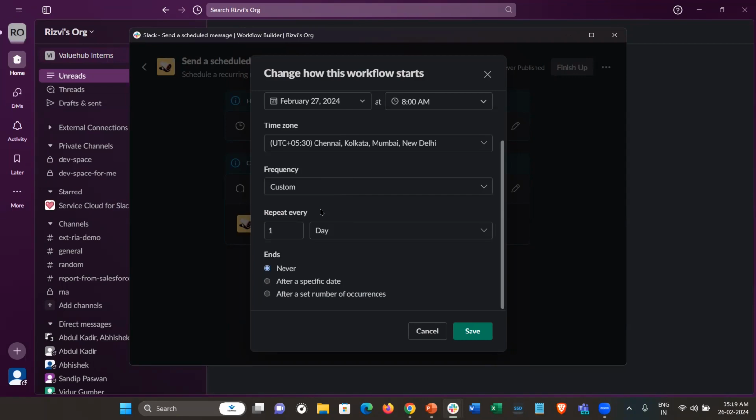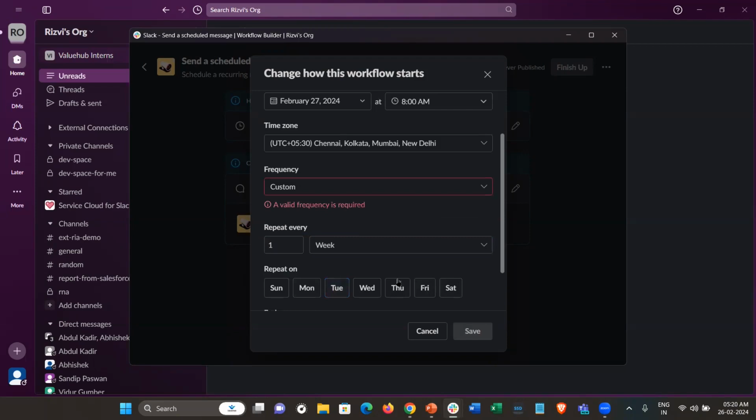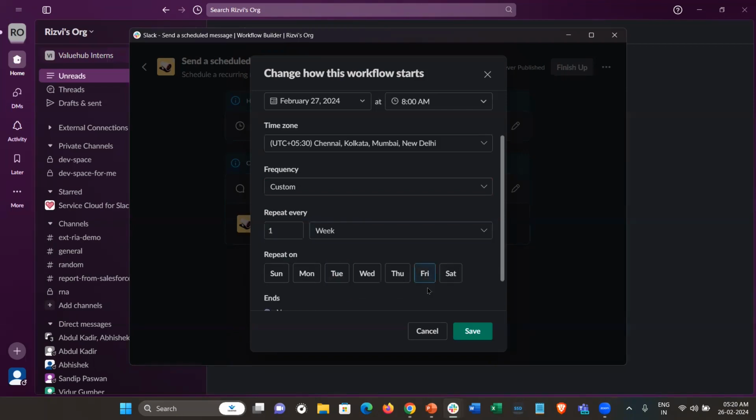As we want this workflow to trigger every Friday, it means it will be triggered once every week. So we will click on week and we will choose the day of that week. So we want to trigger this on Friday. We will click on Tuesday to disable it and then click on Friday to enable Friday as the trigger